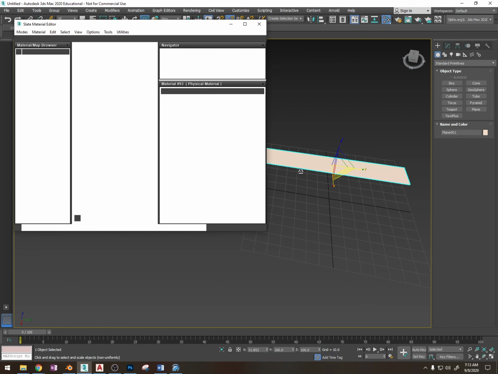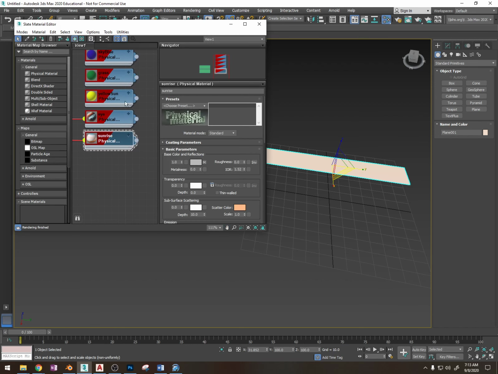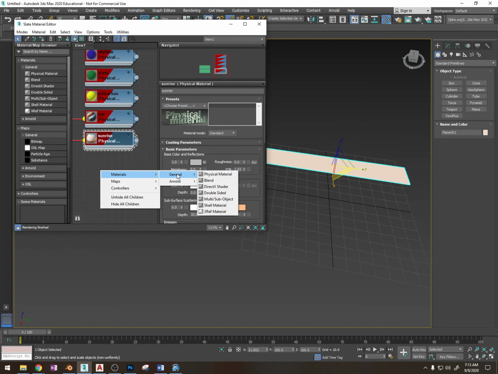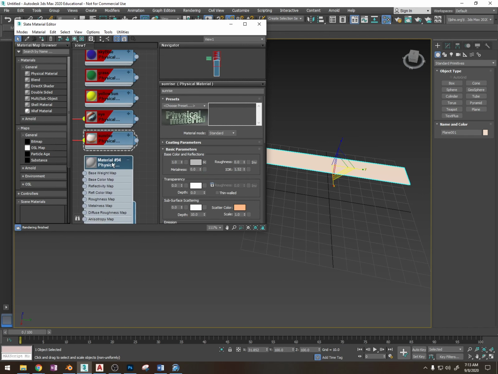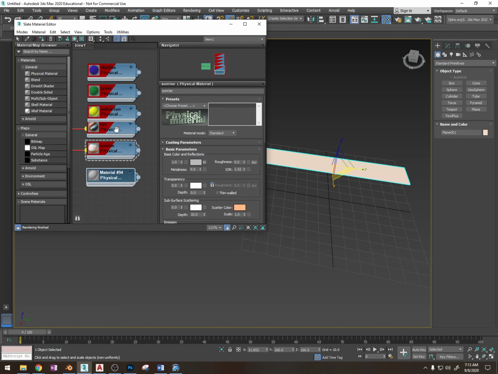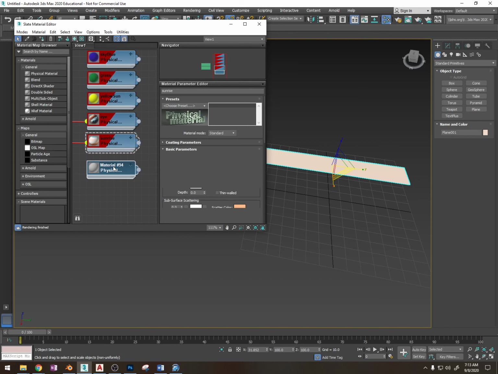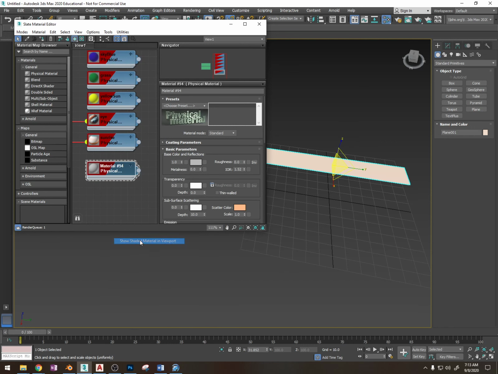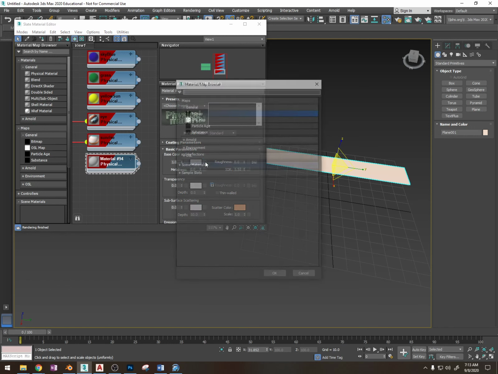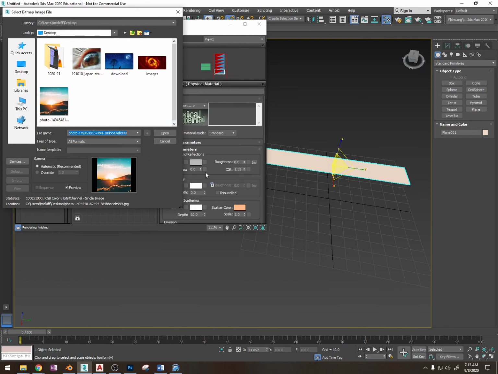I'm going to press M to open up the material editor, and these are my materials from the last video, but I'm going to create a new one just to recap. So right click on the scene, materials, general, physical material. Drag this material up so it's nice and neat and in a row. I'm going to double click it, right click, show shaded material in viewport, and now I'm going to add the bitmap. So I double click that little button right there, double click bitmap, and now I'm going to create